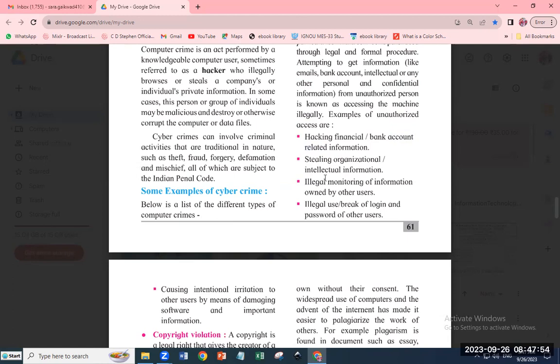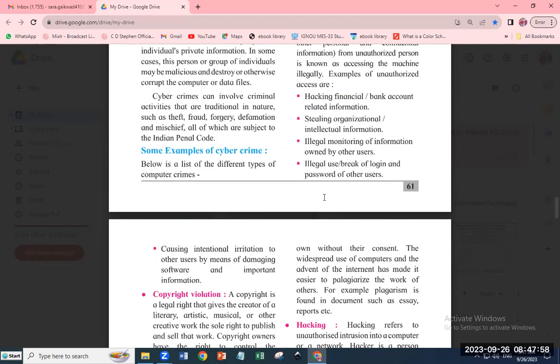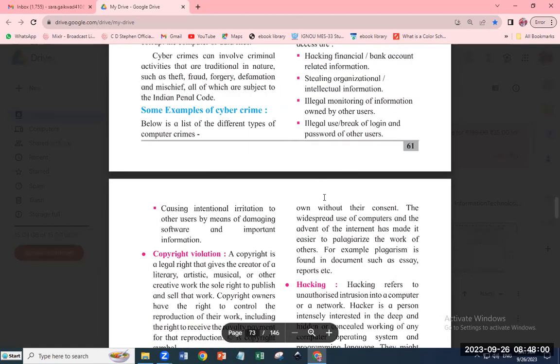That is also unauthorized. Third, illegal monitoring of information owned by another person. Yes, I am continuously monitoring the other person beside me, who is entering some passwords and confidential data. So I am monitoring that. That is also